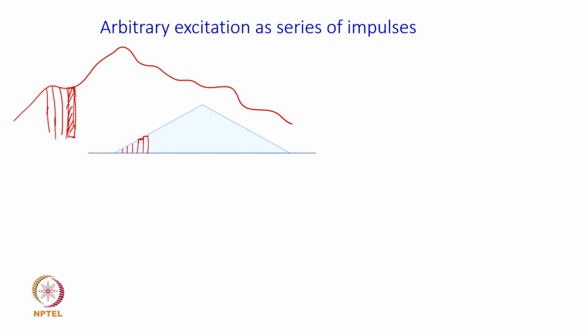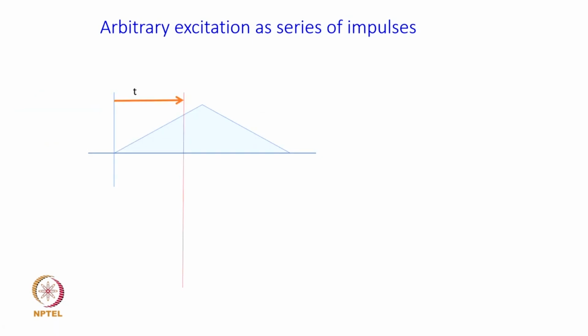Okay. So, we have discussed how the response to a solitary impulse taking place at tau instant of time can be obtained. Now, the job here is to figure out how I add up the responses of each of these impulses happening one after the other over a period of time. Okay, that is the whole job here. So, for doing that, what we say is that if I suppose want to find the response of the system at time t, which is before this value.